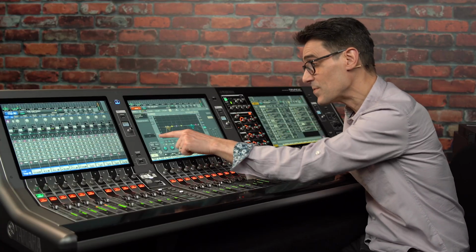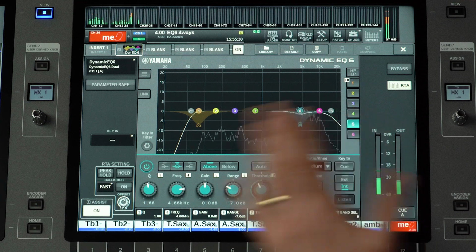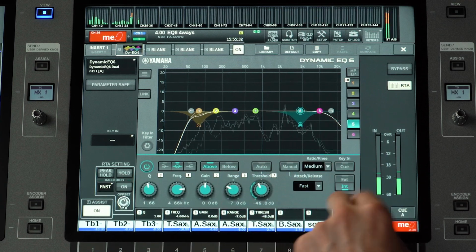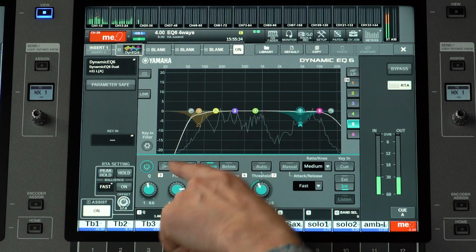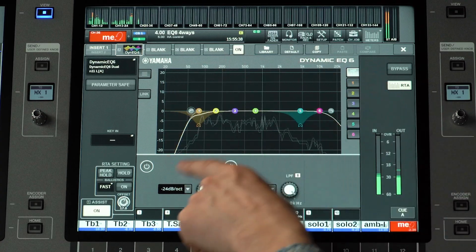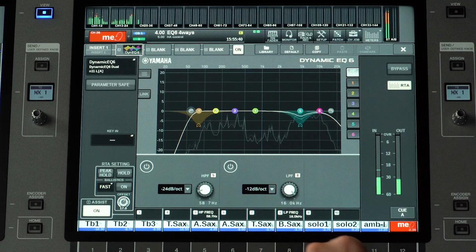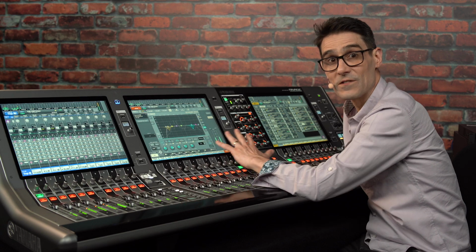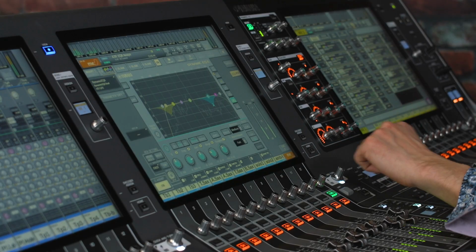There's a key input with filter settings, various auto options, and a built-in RTA display, and additional high and low pass filters.